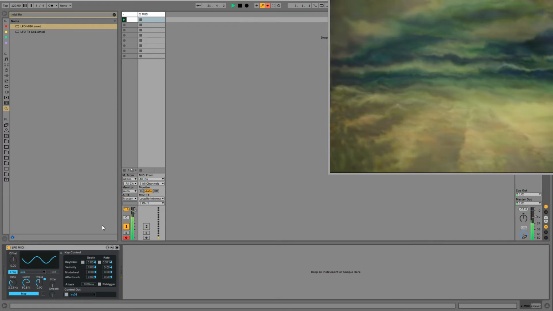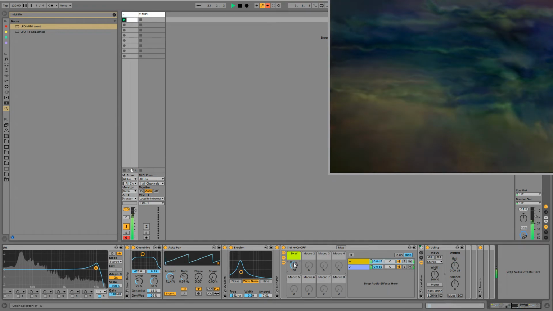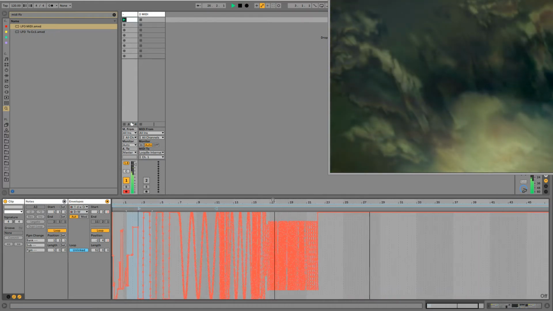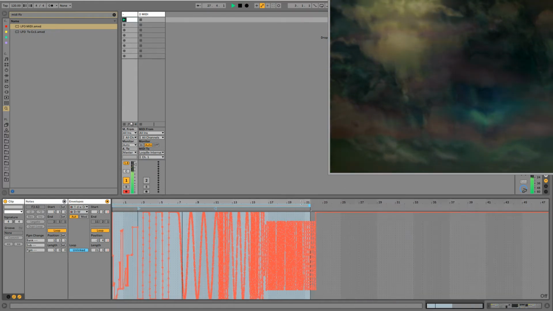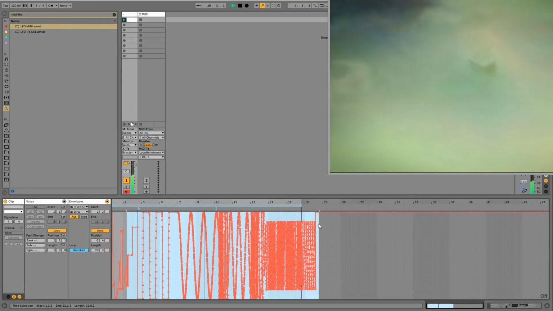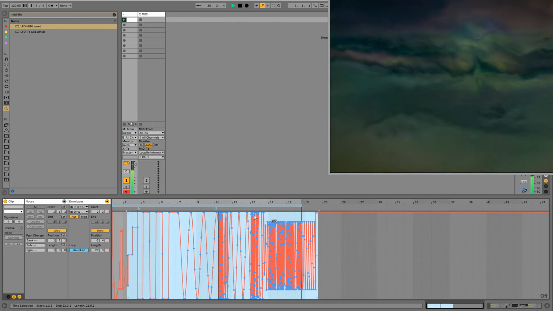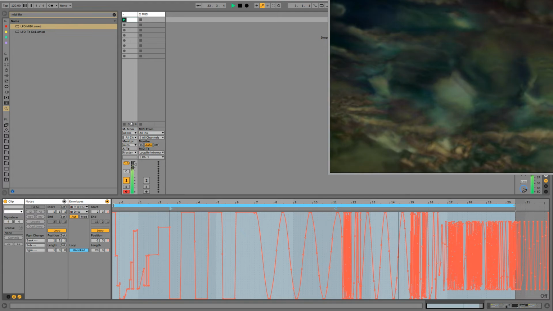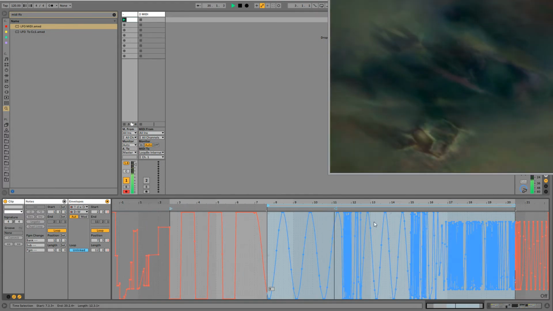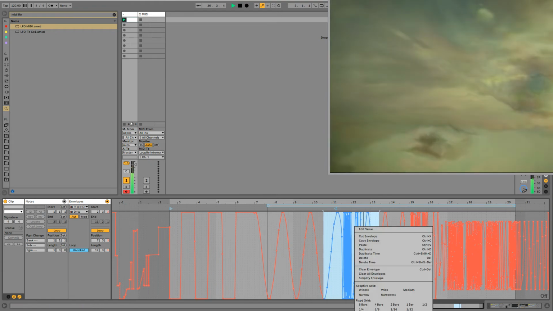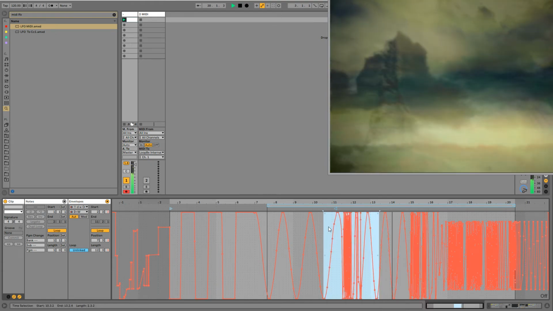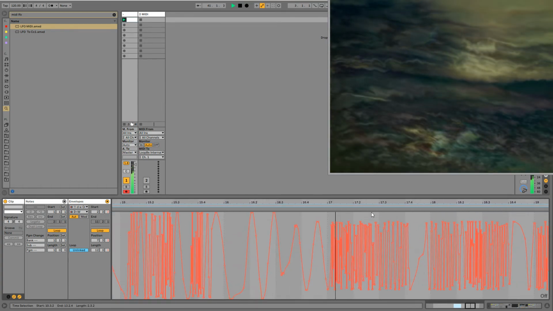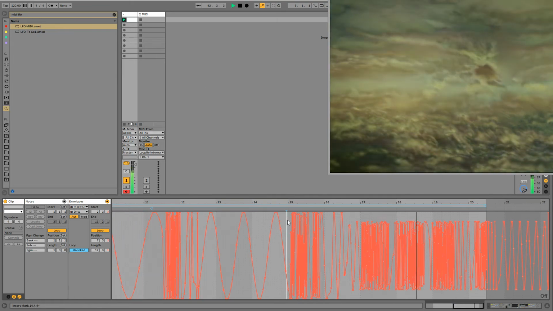Mute this, or turn it off there too, and turn automations back on. Now I've got some crazy stuff going on here. One thing I love about Ableton 10 is you can right click and simplify, and it makes some really nice, much nicer curves for you. Obviously, you have these options to insert shapes, but what you can't do is easily change the rate of those through time. Some of this looks a little messy, but let's go ahead and copy some of this over.